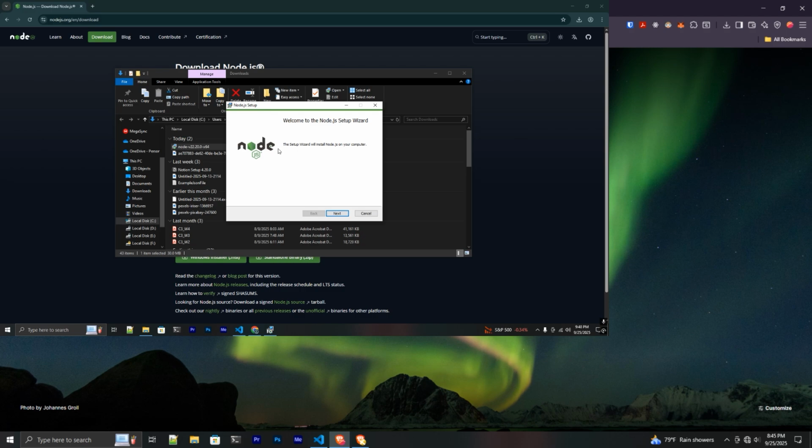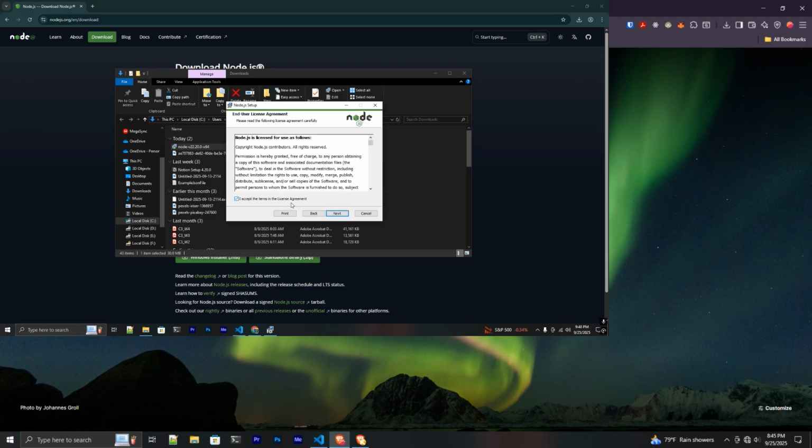When you open the installation window, you will see something similar to this. Click on the next button to continue, accept the license agreement and click next. In this window you can select the folder location where you want to install Node.js. For now I select the default file location and click next